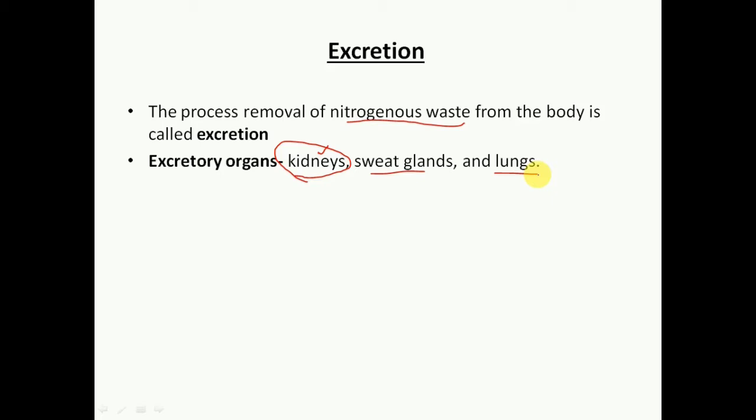Defecation is the removal of fecal matter from our digestive system. Okay, so that is not excretion, that is the removal of undigested food. But excretion is the removal of nitrogenous waste, like urea. So in humans, the urinary system is the excretory system, but we call it the excretory system because it is the most appropriate. Okay,